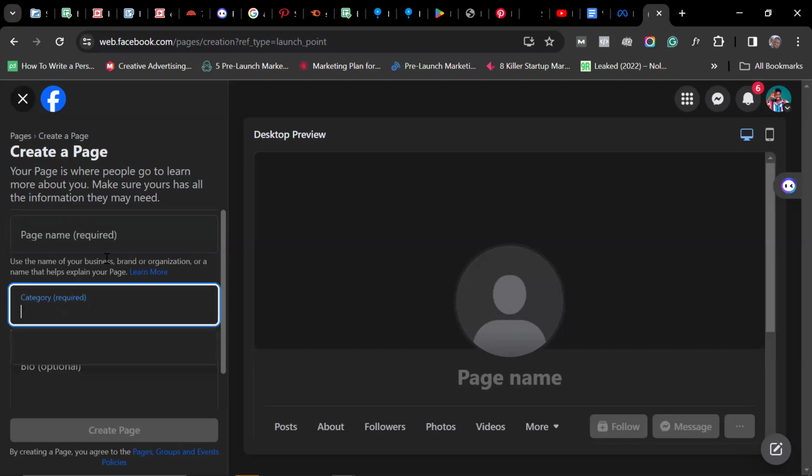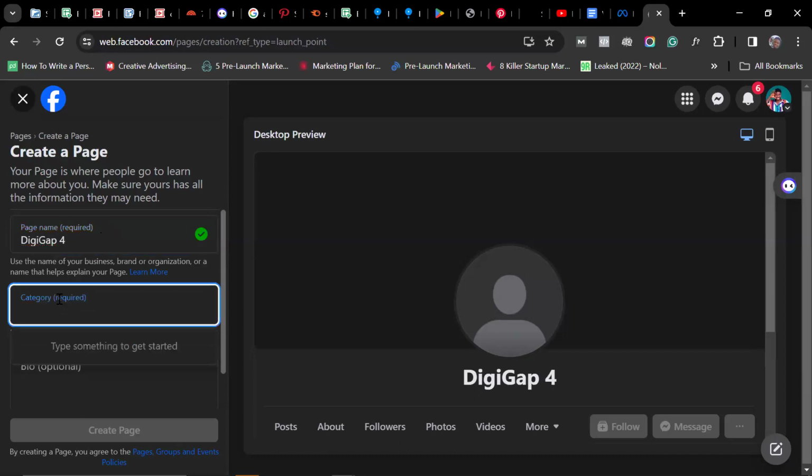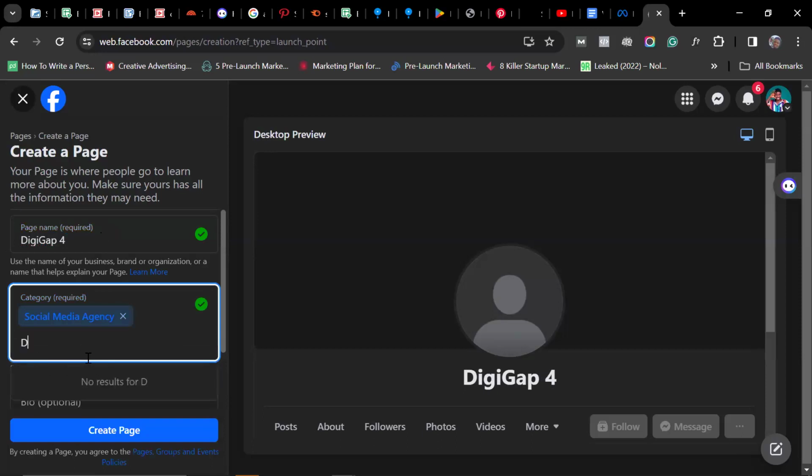Now you choose the category of your business. Let's say I want to put this name and I say I want to put DIGIGAP 4. I'm not going to create this account, I'm just doing it again. So DIGIGAP 4, and I come to category of business and I'm going to choose my category. I will say digital services, social media agency. You can choose more than one category. I can choose social media agency, digital marketing,